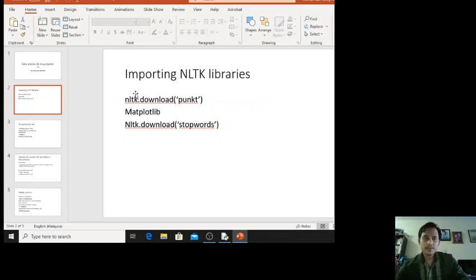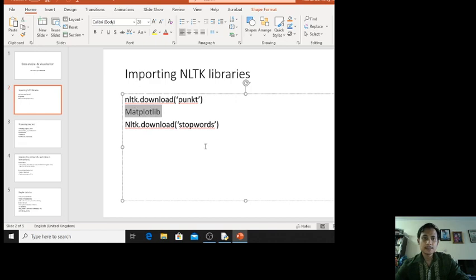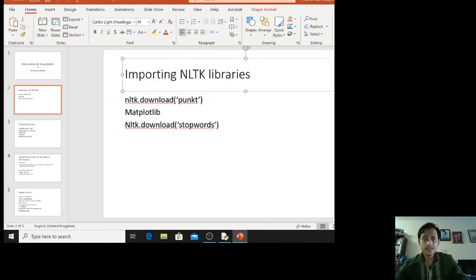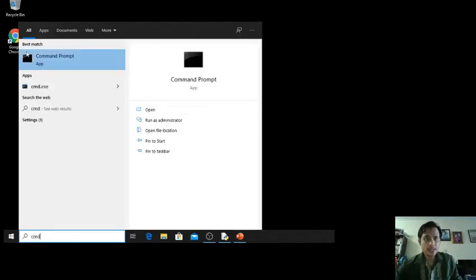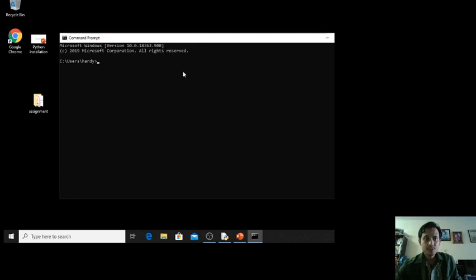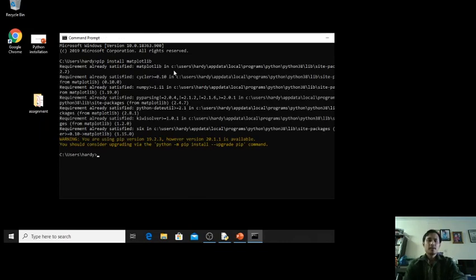Before we start with the NLTK library, I'm going to install the Python library called Matplotlib first. Of course I already have this one, just to show you how to install it. What you need to do is type pip install, the same way you install NLTK, but this one is pip install matplotlib, then enter. If it's already installed, it will show something like this. If it's not installed yet, you will see a yes or no button. Just press yes, or it will start some